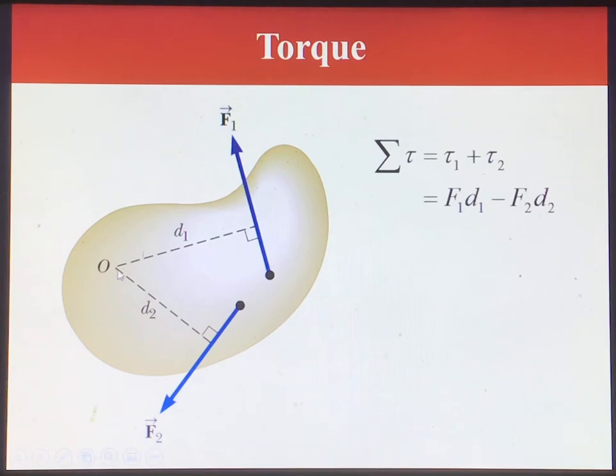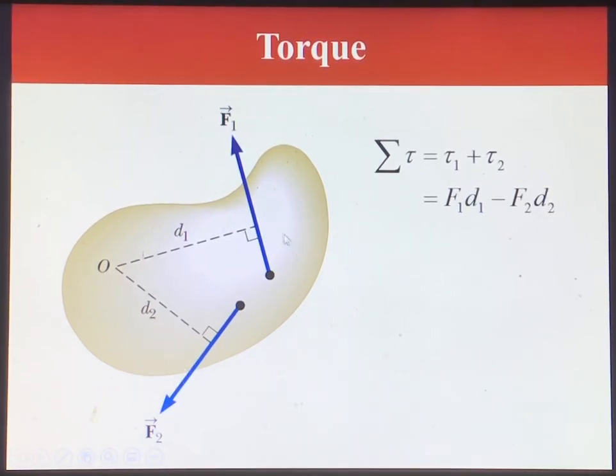Then we're going to see that F1 is going to produce a positive torque. So F1 is going to rotate this object in the counterclockwise direction. Remember we said that counterclockwise is the positive direction, while F2 is going to rotate this object in the